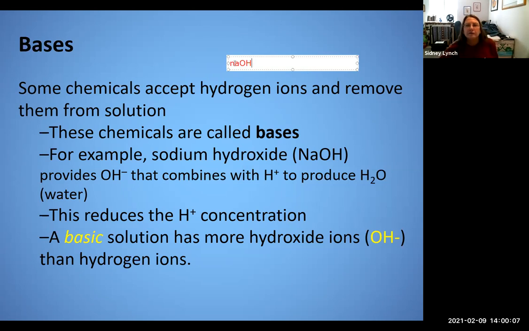So again, this should be a big N, but sodium hydroxide is a strong base. And you're going to see the OH on the end here. That OH is actually going to join with any loose hydrogen ions in solution, making water, actually leaving behind more sodium, more hydroxides, making it basic. So just remember, more H plus, more acidic, more OH minus, more basic.